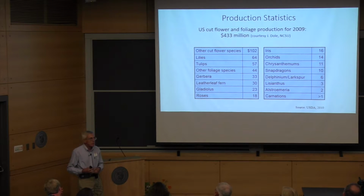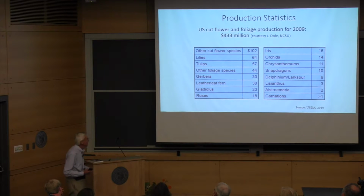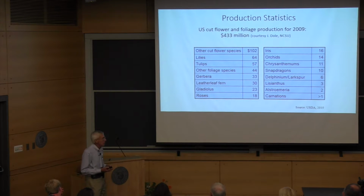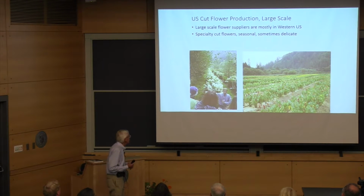You know, if you want to get married in February, you're not going to go to your local producer of flowers and say, hey, where are my tulips or roses? We don't have them. So that's always going to be. But we do have this very substantial production now of cut flowers that is produced in the States or even more locally. So to give you a little taste of where and what,